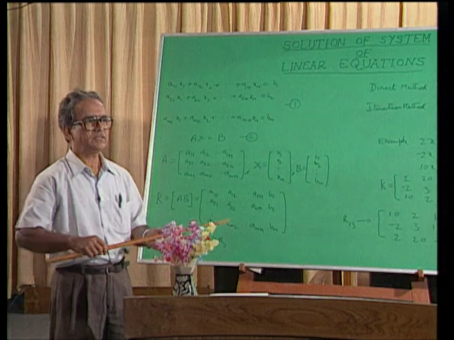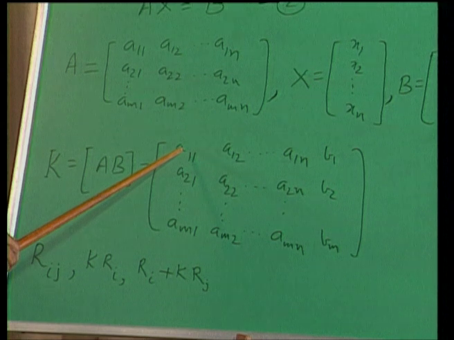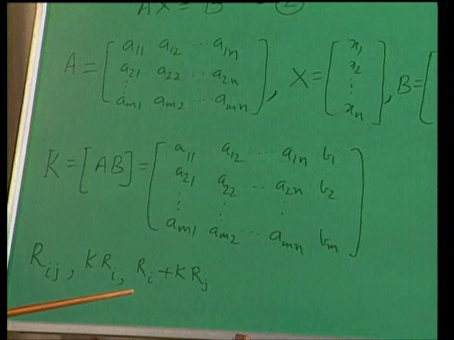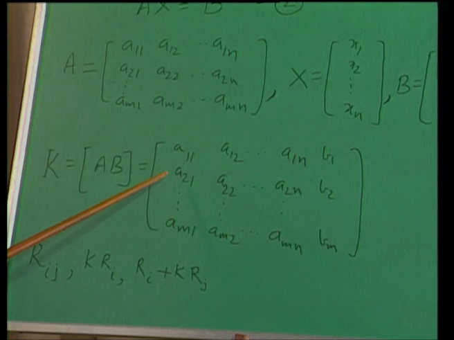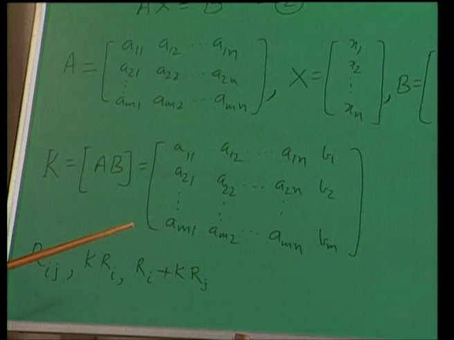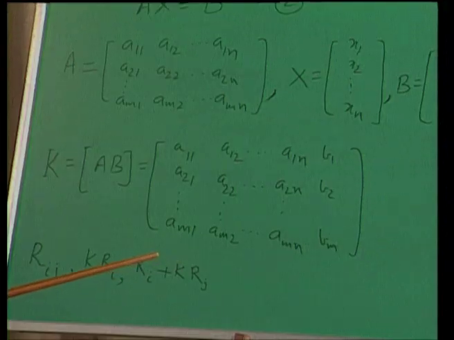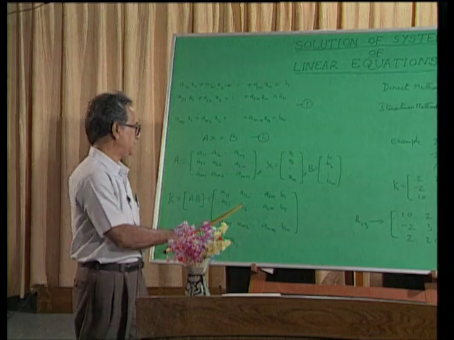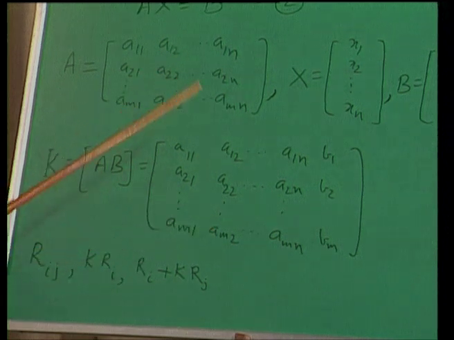After making the partial pivoting if necessary, we divide the first row by the diagonal element, that is the pivot a11, thereby obtaining 1 in the first row first column position. Using that 1 and elementary row operations, we make the other elements in the first column zeros. Thereby, in the first column we have 1, 0, 0, 0, etc. Then we do, if necessary, partial pivoting and make the second row second column element 1 and make the other elements in the second column zeros.